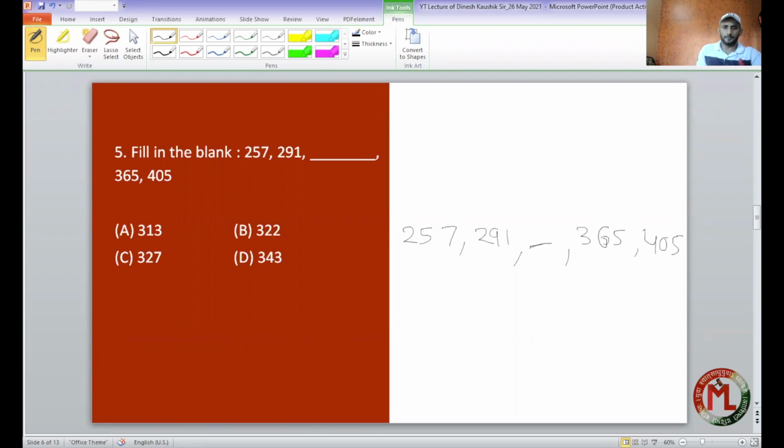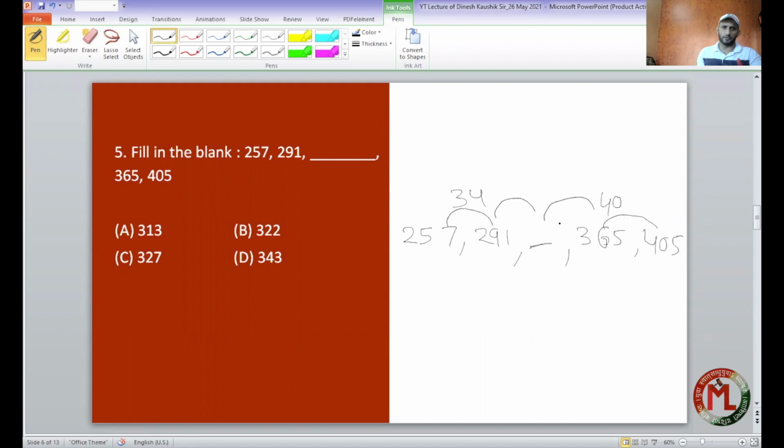I hope you have tried. Okay. So for this kind of question, we generally look at the sum or the difference of the terms. But the sum or difference of the terms is not giving us any clear idea. Here the difference is 34. Here the difference is 40. Fine. So what should we do? Can we just fill this gap? What is the gap here? 6. So we can't fill this gap.